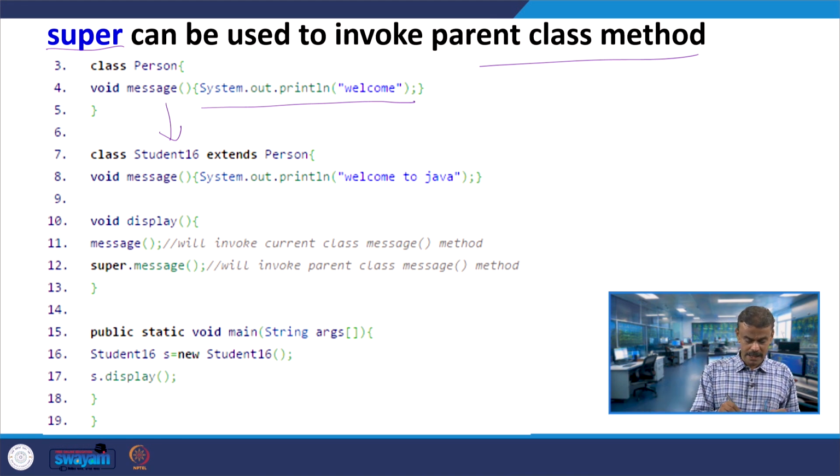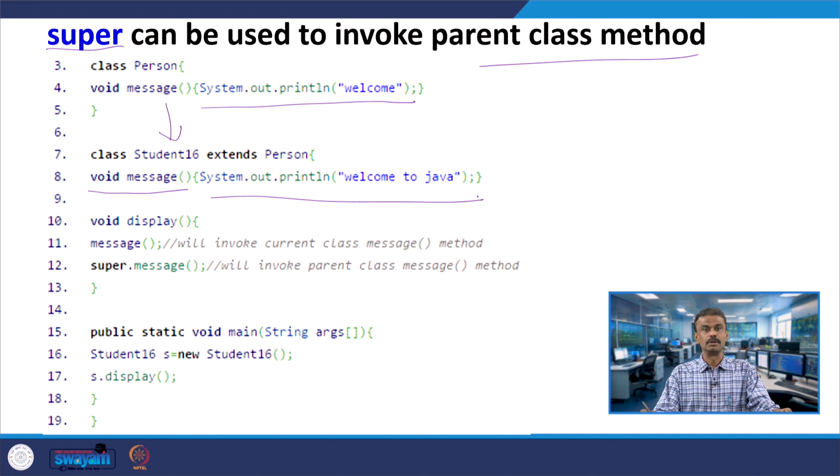Here you have void message, one more message function, with System.out.println "welcome to Java". The super class has the same method name and the subclass also has the same name.